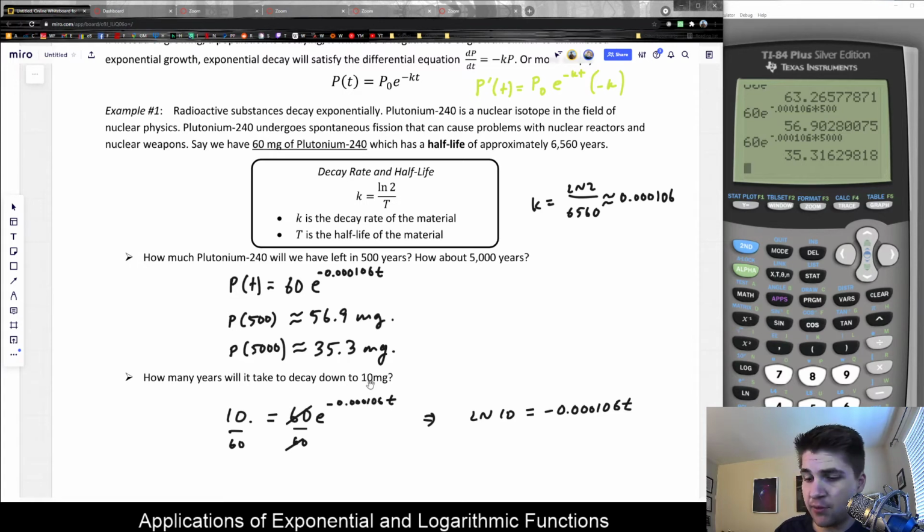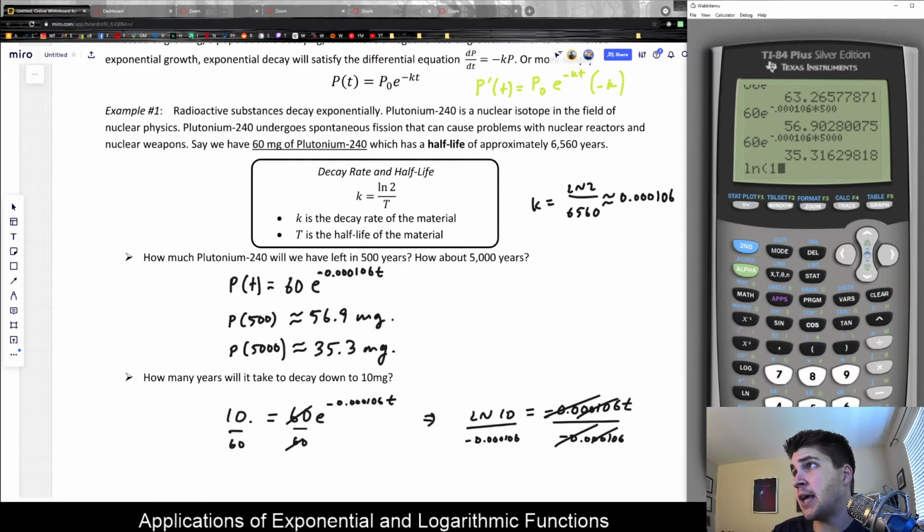And then I could divide by, now that it's just a normal equation, no more exponential, this 0.000106, and that would leave me with t is equal to that. So the natural log of 10 divided by the growth rate,